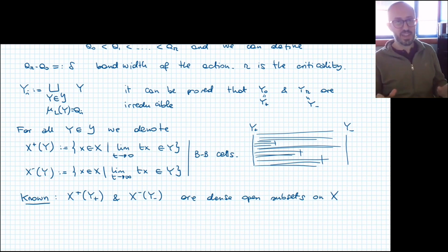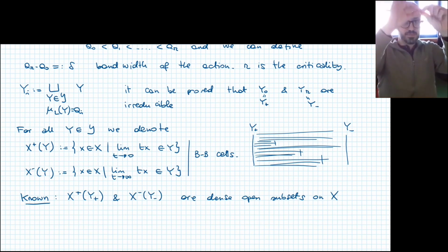Okay, so this is the first thing. Then from this, we want to construct GIT quotients. But now it is sort of clear what we are going to do. So we have all these C star plus the two joins, the two limits, at 0 and at infinity. So what we're going to do, we are going to remove the things that are